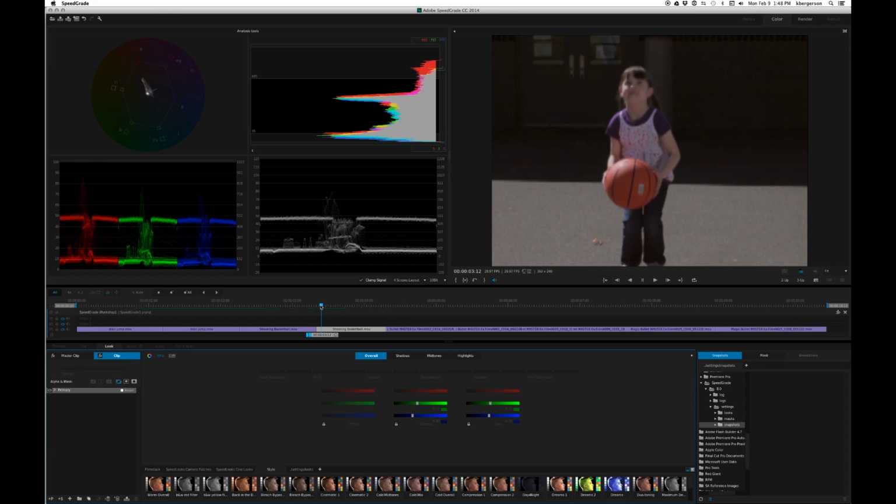If only she was in focus. Let's find a frame where she's in focus. There we go. Take out the motion blur. Let's make a new primary correction layer, and let's go into the highlights and take out all the saturation in the highlights. Now let's create another primary layer,